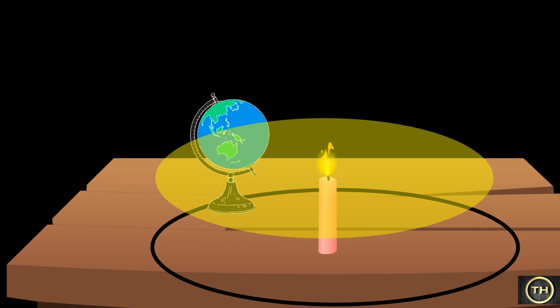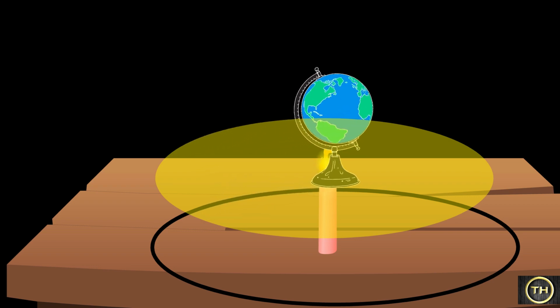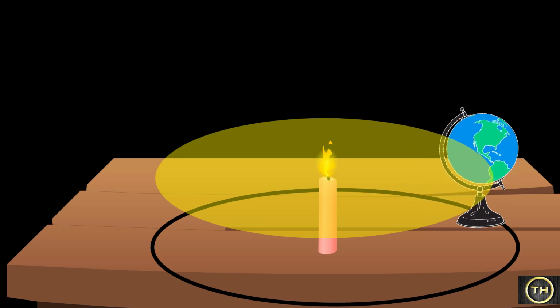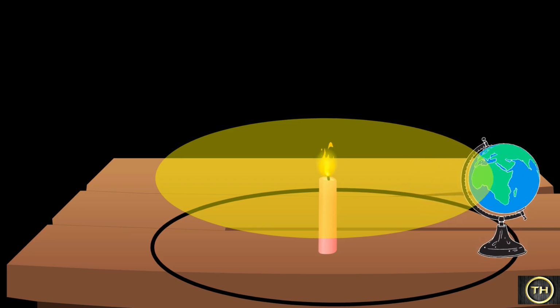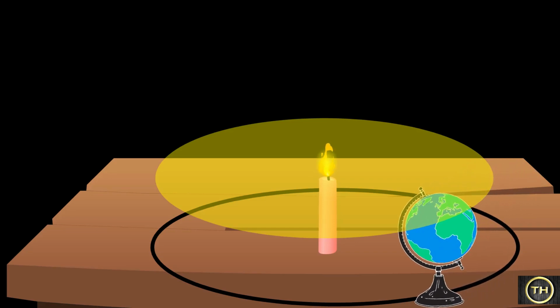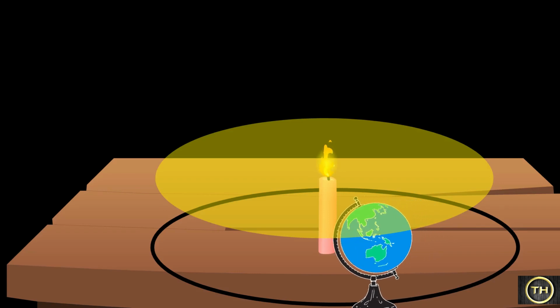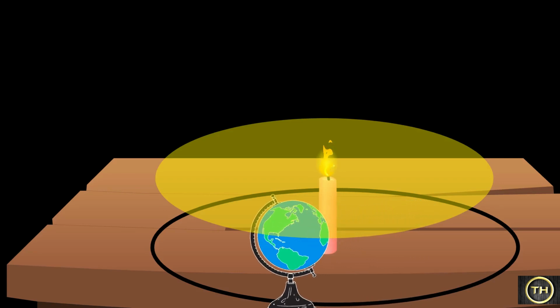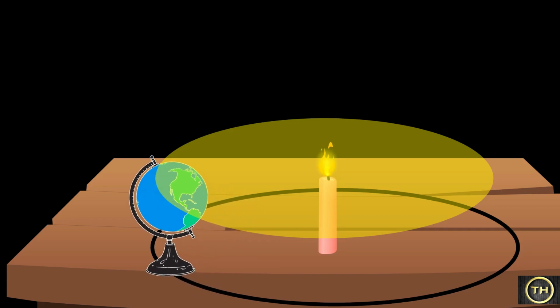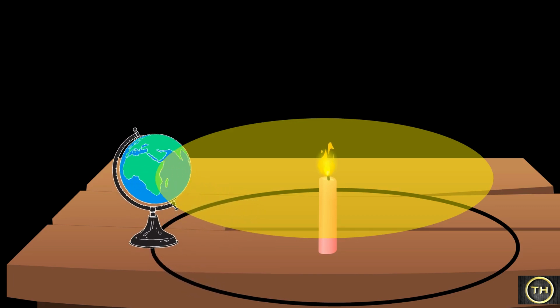Now, move the globe along the circle on the table. As you do this, keep rotating the globe and ensure that the axis does not change its orientation. Orientation means that the axis is not moving the globe, it is steady in one place. Eventually, the globe will come back to its original place on the circle. This is how the earth revolves around the sun, even as it rotates around itself.